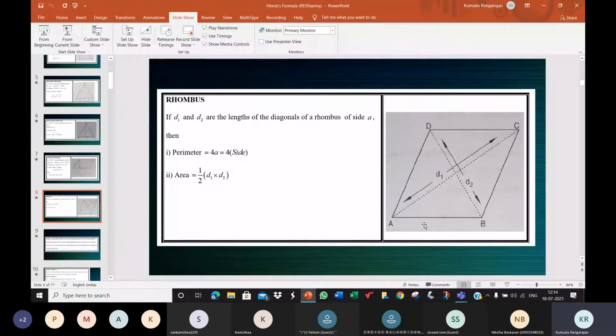Now you know in this question the base is 30. The side of the rhombus is 30 meters. If you know this distance between the parallel sides, that's the height. So then you can use the formula area is equal to base into height. Height always falls from the opposite vertex to the base. Let me show you here.